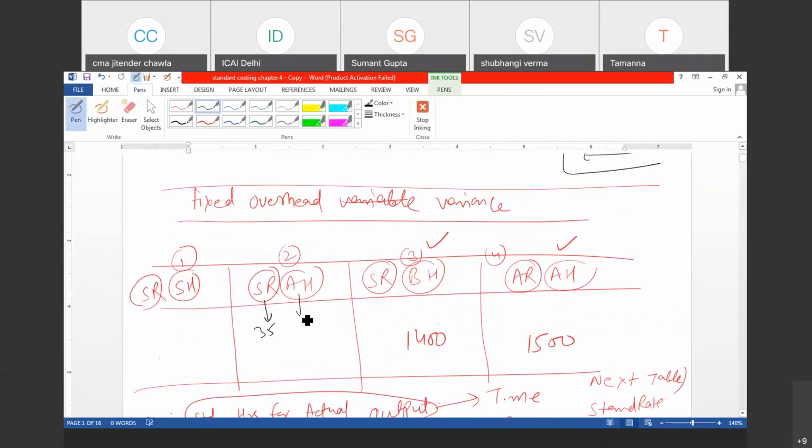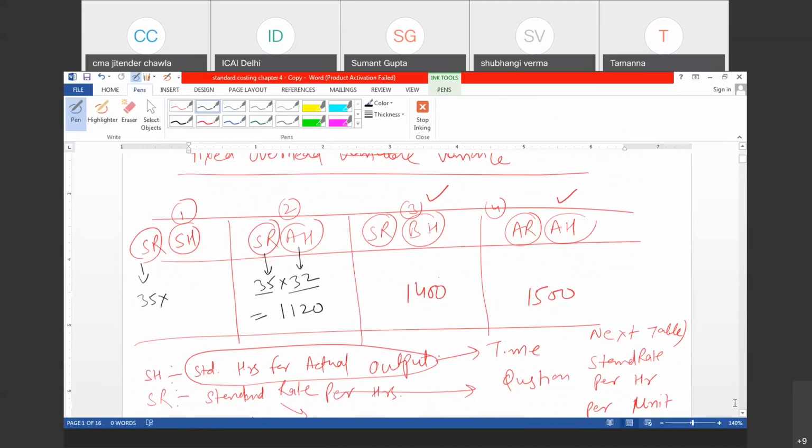35, actual hour is given to you, 32, so 35 into 32 is 1120. Now standard rate is 35 into, next I am required to calculate what? Standard hour for actual output. Please look at this, SH means standard hour for actual output. What is actual output? Sir, actual output is 1200